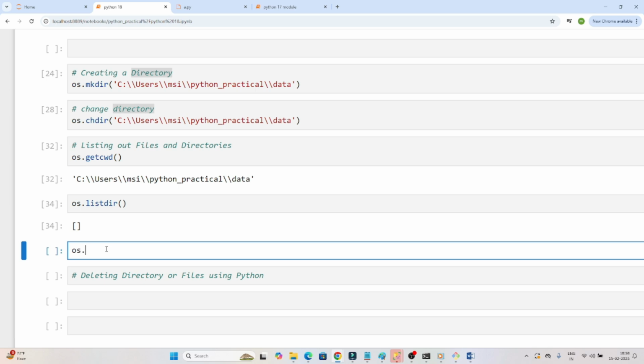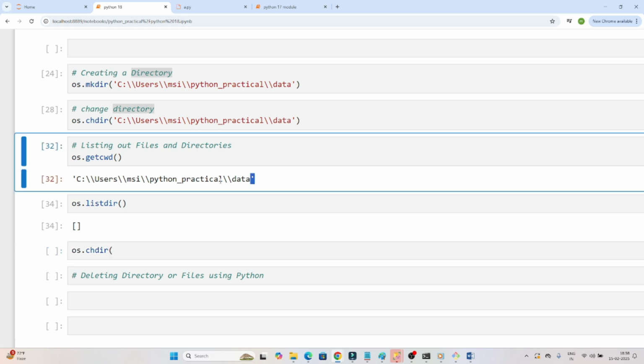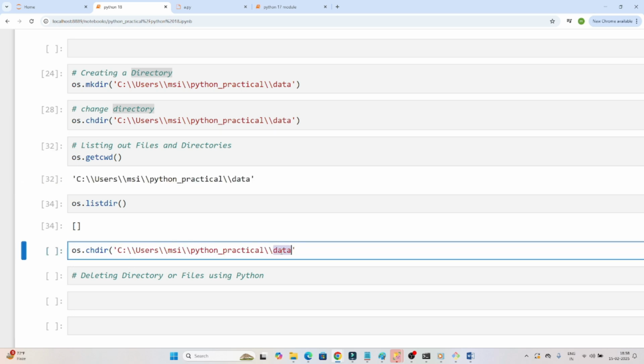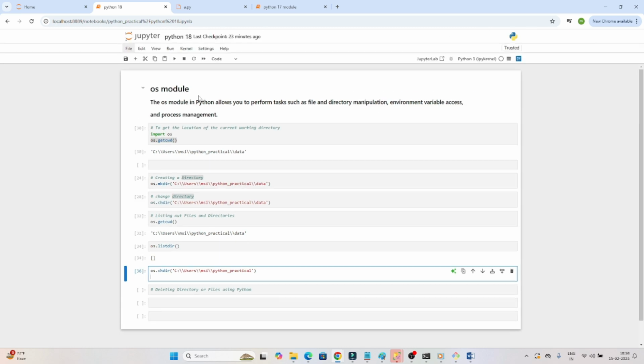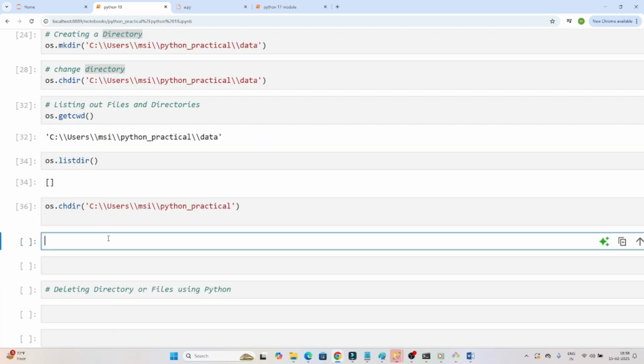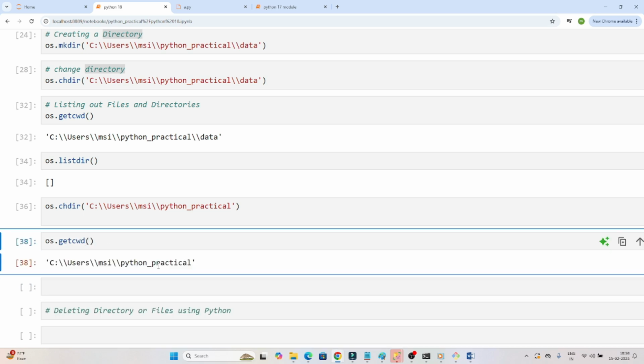So first we have to change the directory, right? So what I will write: os.chdir, I want to change the directory. Which particular directory do I want to go into? This Python practical directory. You can see I am currently in this particular directory. Now if I show you which directory I am in, if I do os.getcwd, get current working directory,